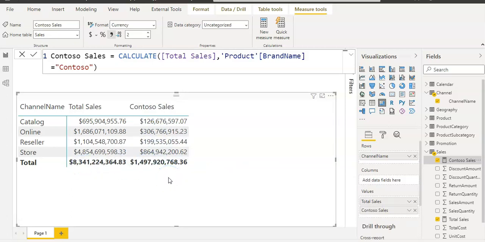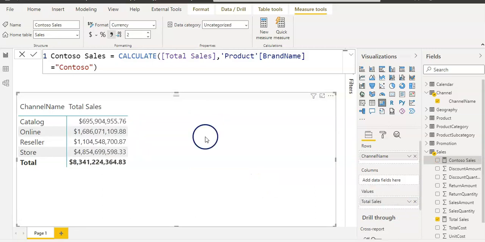Okay, so this way you can use a calculate function to add a filter. Like in this case we add a filter by brand name. You can filter your data by any condition. Okay, now I'm going to remove this and we will look at the second use of calculate function, where let's